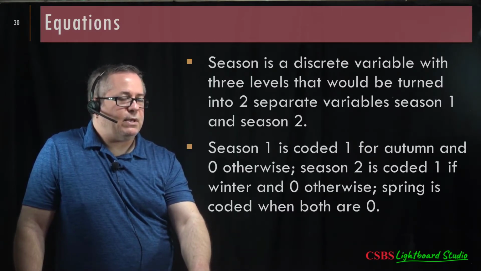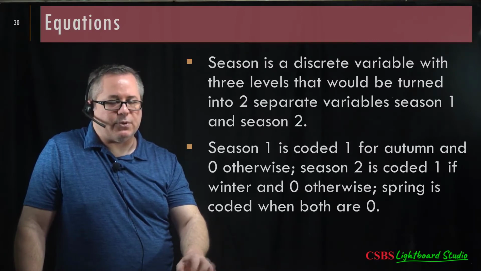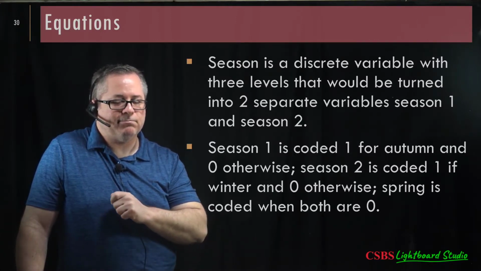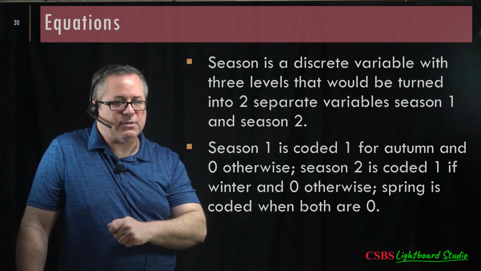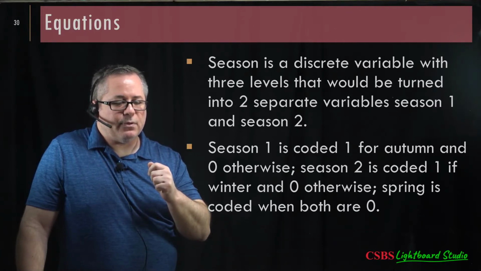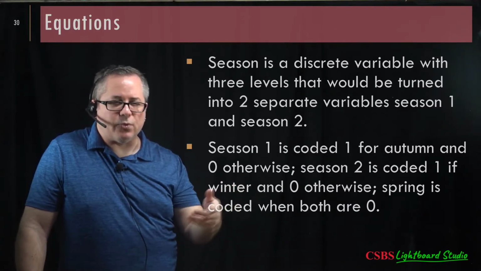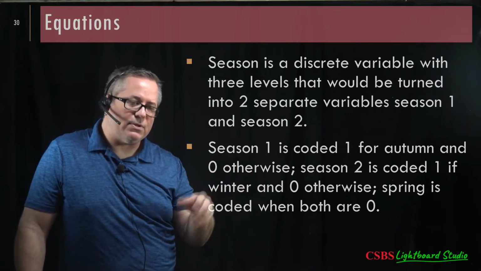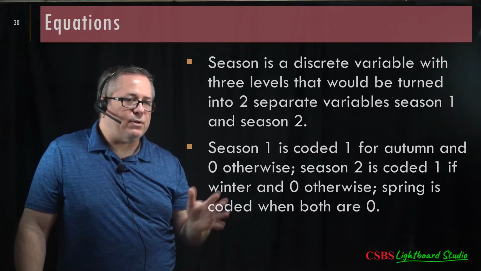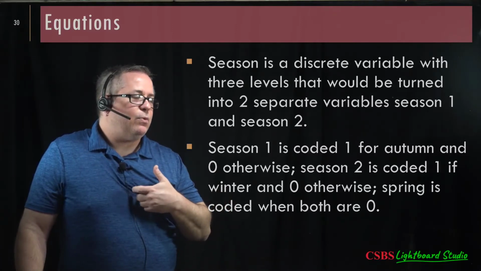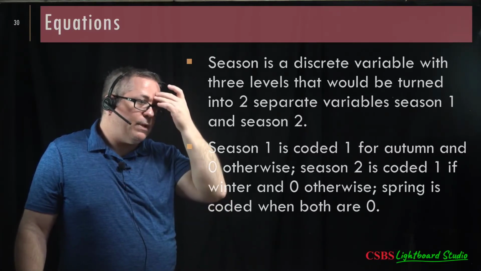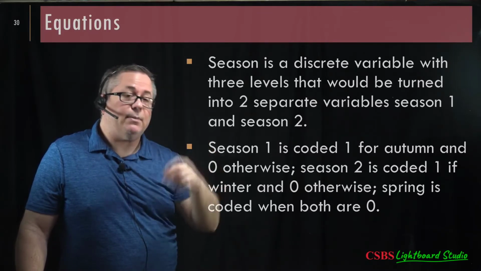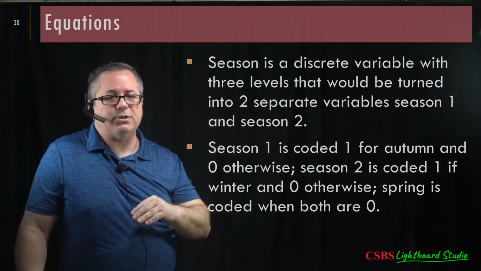So season is a discrete predictor, so it's just 3 choices, even though difficulty is also 3 choices. Season isn't even ordinal. It's not like there's more or less season across those 3, so it's just a categorical variable. The numbers are there just to sort of separate them out. So because there's 3 of them, we actually have to break up the 3 different groups into 2